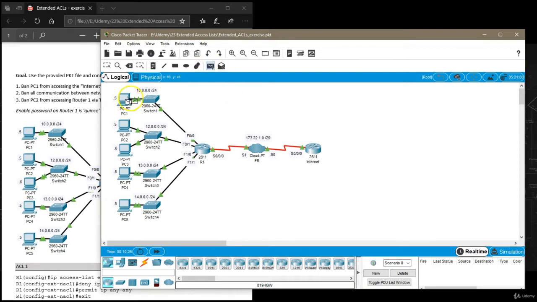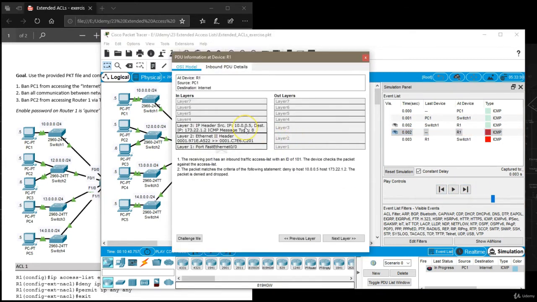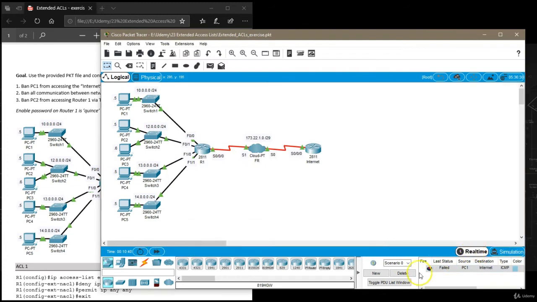When we try to ping from PC1 to router internet, now we have a failed ping. Let's check if the ping has failed due to the access list or something else, right? So we want to open this packet. And yes, the packet matches the criteria. Okay. Next task